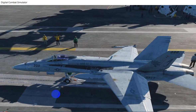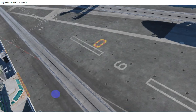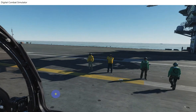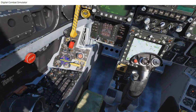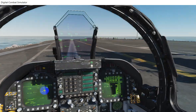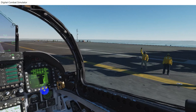Okay, we got the stop signal. Now he's going to give me the command to raise the launch bar. Okay, that is raising your launch bar, so we're going to go over here. We're going to look at the launch bar, and we are going to retract. Okay, the shooter is telling me to rev up,